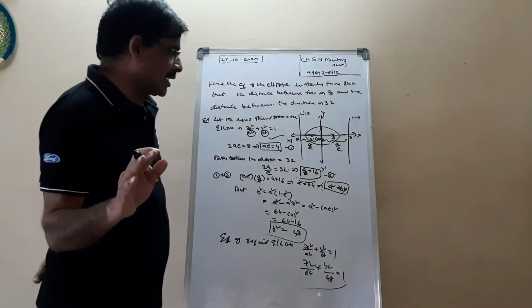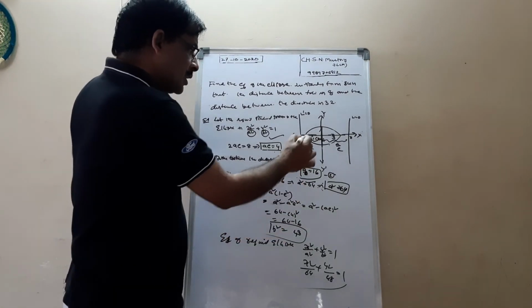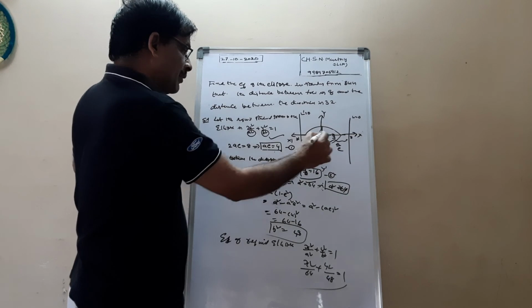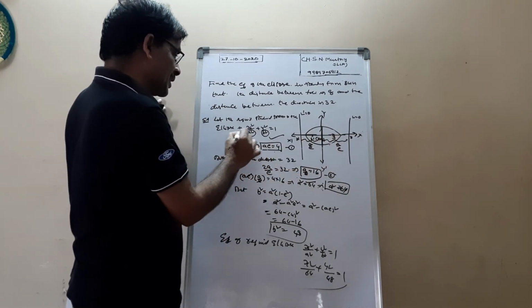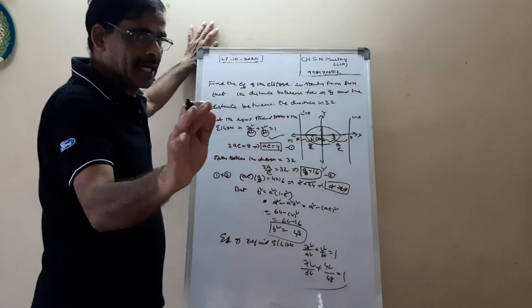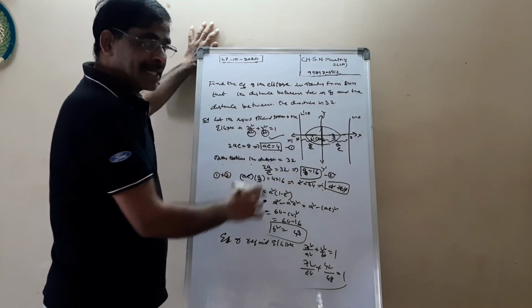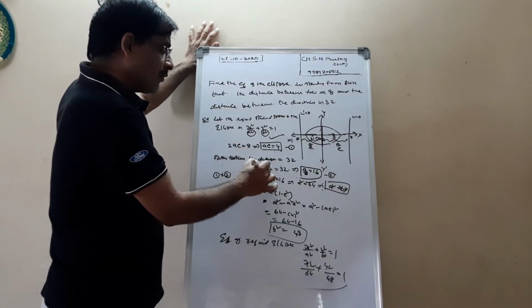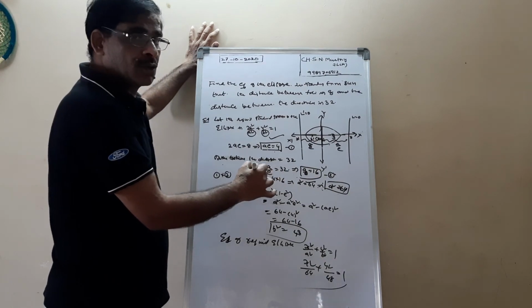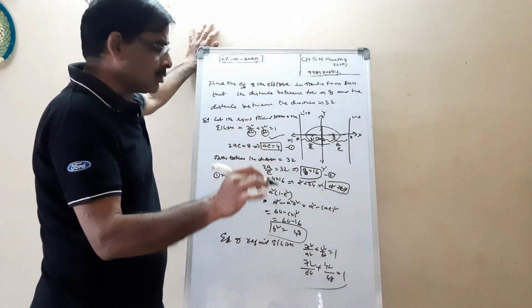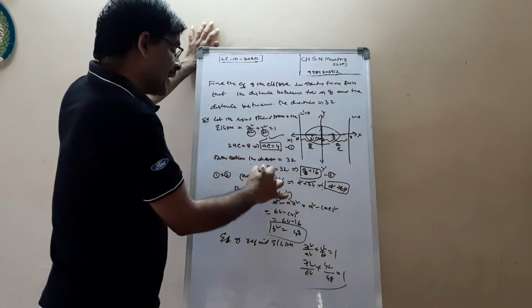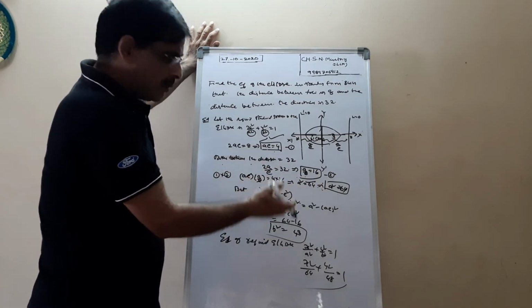Once again I will explain. Here S dash is given to you. It is the distance between two foci given to you, and the distance between the directrices is given. So you know the formula for the distance between the two directrices, 2a by e. With the help of ae and a by e, you can solve this problem easily.